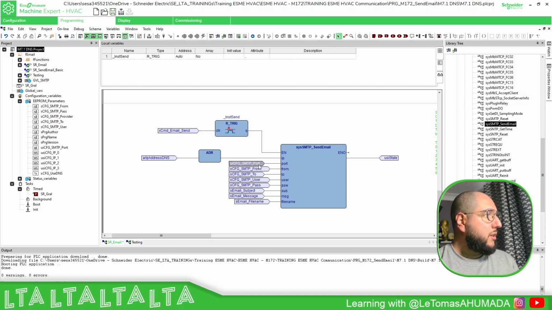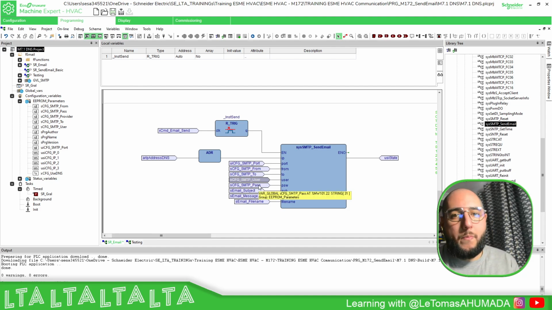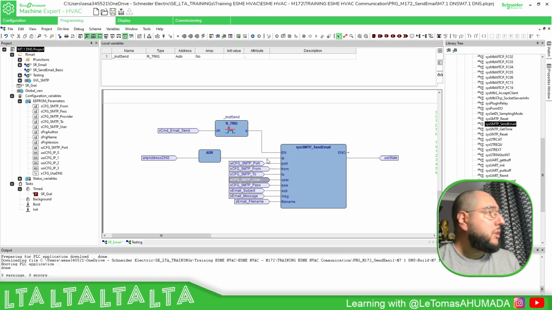Once we get this information, the port, user and password will be related to the SMTP server, and that information came from the SMTP server. In my case, I'm using SMTP2GO, because I've been using that for 8 years, and for testing it is quite good. But if you are in your own company and you have an SMTP server, use that one. I know that you can use also the one for Google. There are certain things that you need to configure in order to make it work, but it's possible. So here, just select the port,